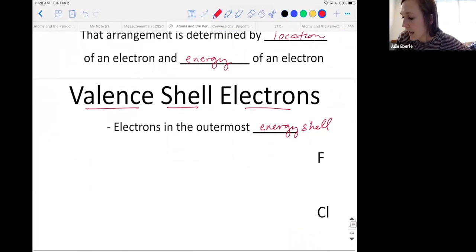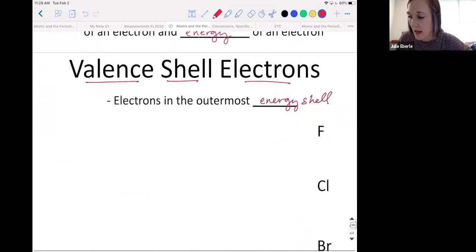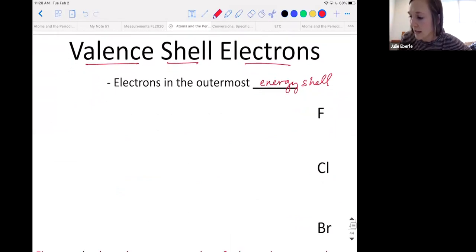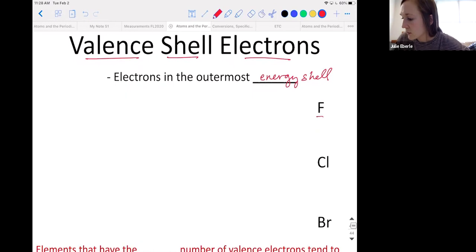Okay, so I want to reinforce the point that valence shell electrons matter for explaining how certain elements behave the way they do. We're gonna look at these 3 elements right here, fluorine, chlorine, and bromine. And we've already talked about how they're all a part of main group 7. They're all part of the halogens, okay? And they're all corrosive. Why are they all corrosive? Why do they share that common property? It all has to do with the fact that they have the same number of valence electrons. We're going to look at this.